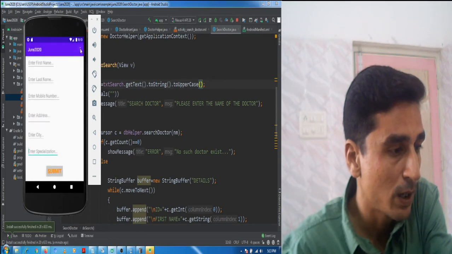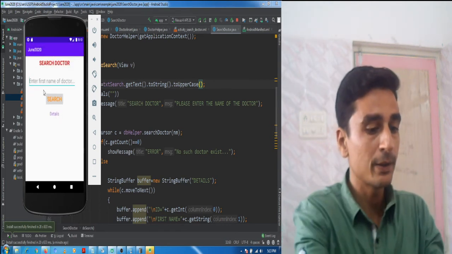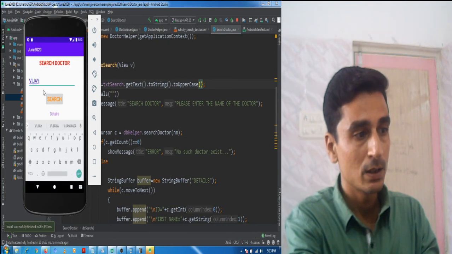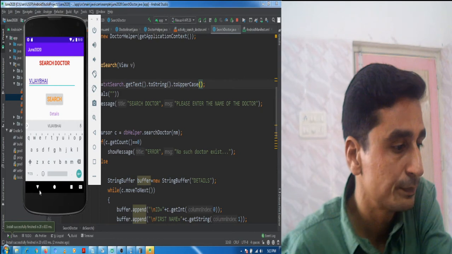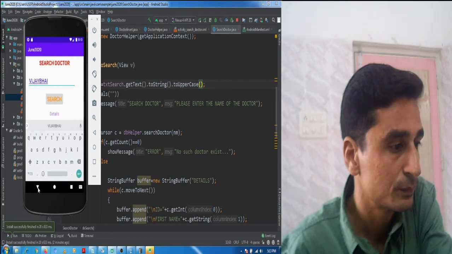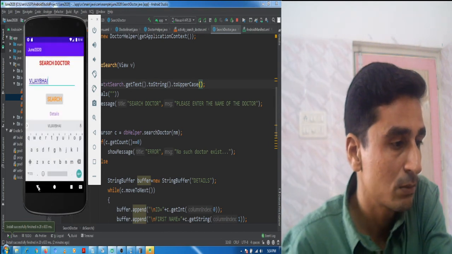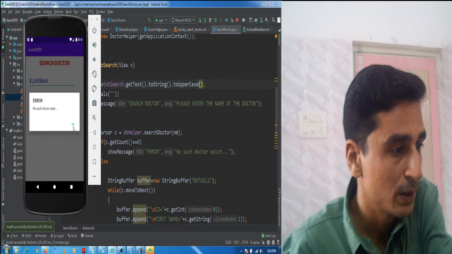Now I am going for search doctor. Here I am entering the name in capital, Vijay Bhai. It is because the cursor is not updated.